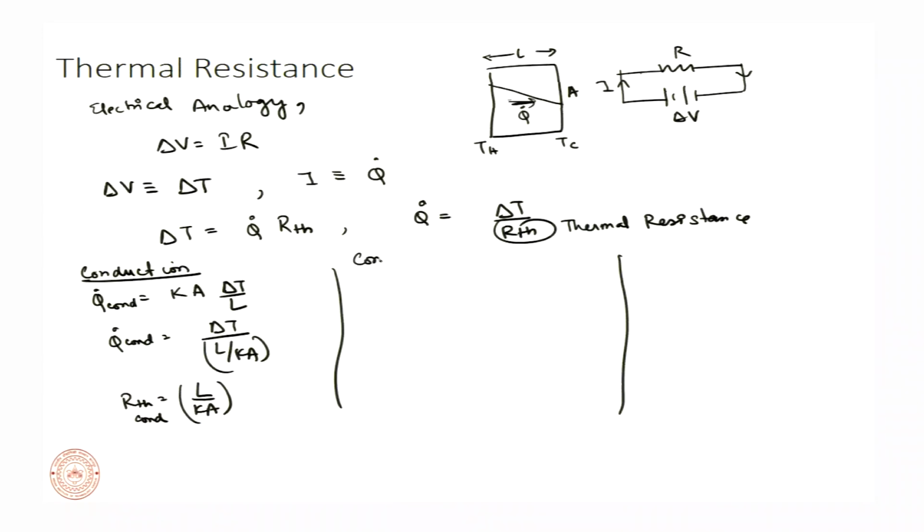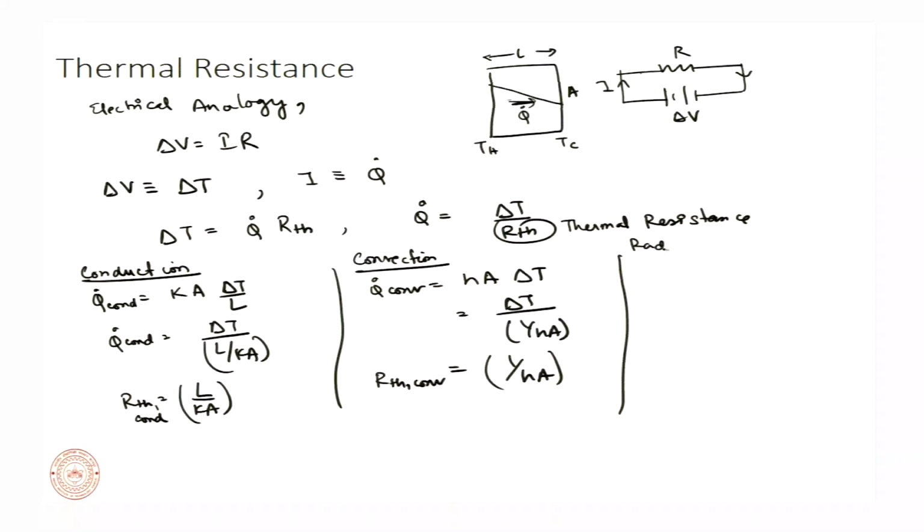In case of convection, Q dot equals H A delta T, which is equal to delta T over 1 by H A. So R thermal due to convection is equal to 1 over H A,